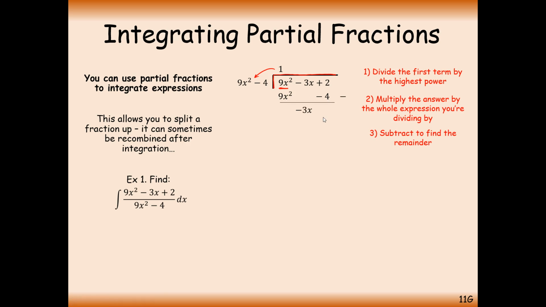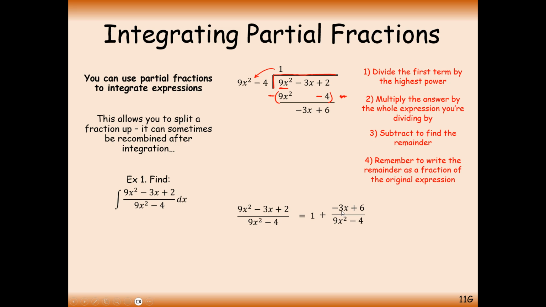So you see that the negative 3x will come down. 2 minus a minus 4 will give us a plus 6. So I would put actually the minus sign here, and using the bracket, the minus and the minus will give us a plus 4. Then that's it. The remainder is already smaller than the divisor, therefore there is no more division to be done. We can write this fraction as 1 plus the remainder over what we were dividing by. Okay, now